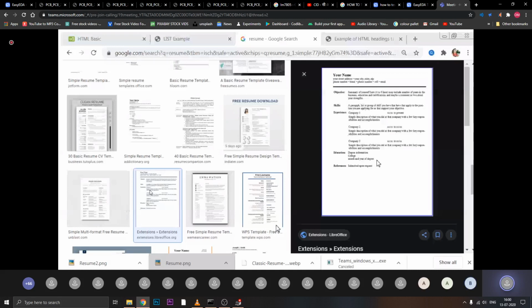All the students, what you have to do, you have to submit. I'll be providing the link. A list of attributes, a list of tags, 15 to 20 attributes, 25 to 30 tags, basic tags for HTML 4.0, not 5. Then next, you will be submitting whatever basic examples I have taught you till now. You have to do it on your own. Already you have taken the screenshots. So submit it, how you did it.